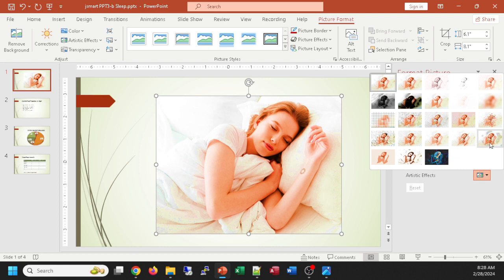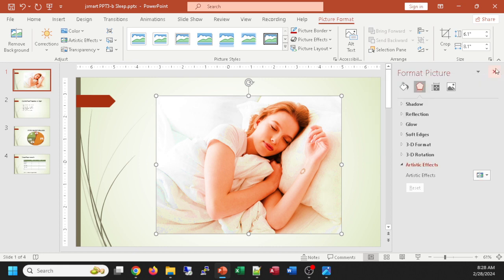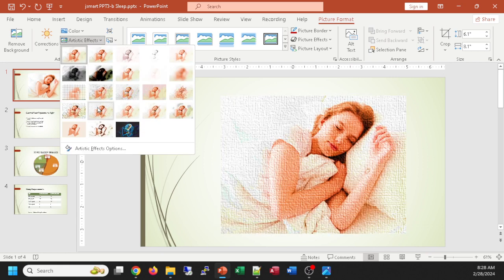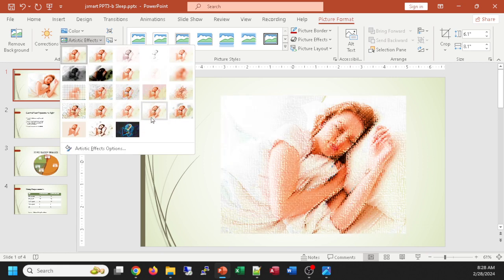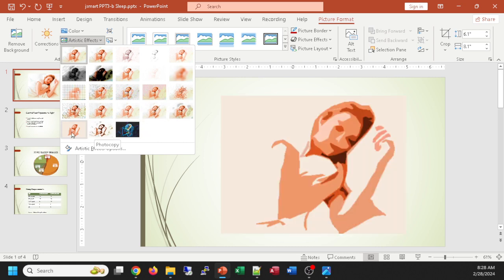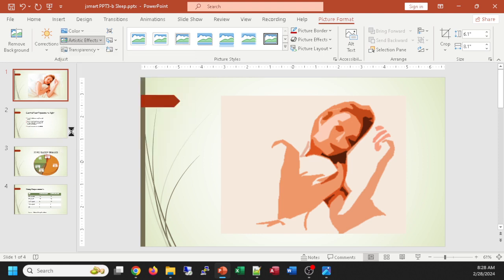And with this one, if you hover over it, you don't get the preview. So here, if I hover over it, at least I get a preview of it while I hover. So pick whatever one you like. I'm going to go with that one for now because that's kind of whimsical. And let's see if they want us to do anything else, just to practice all the possibilities there. They want to adjust the softness of it. So let's see how we can adjust the softness